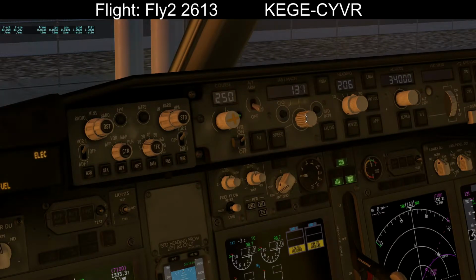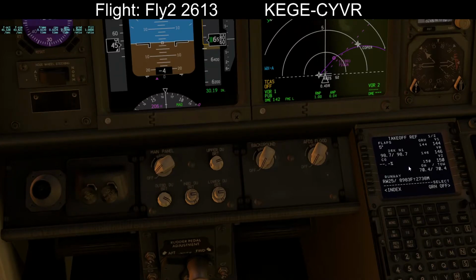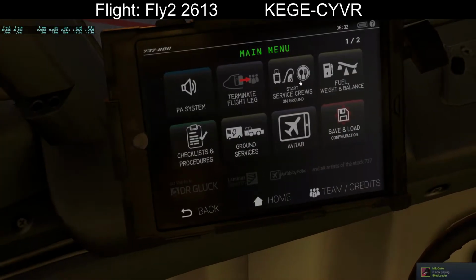150 is the V2. Auto throttle arm, VNAV. No ALNAV again. That's a bit weird. I don't know. We should have ALNAV, actually. Right, and finally, the